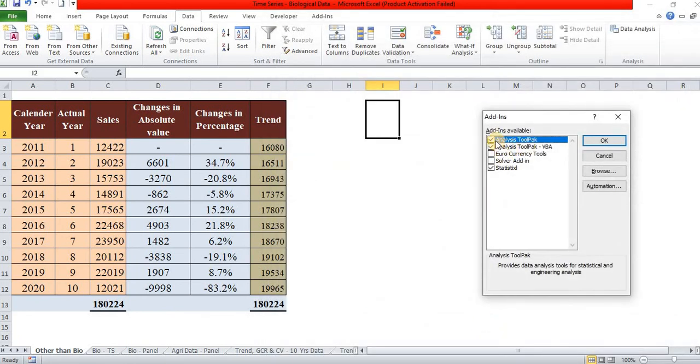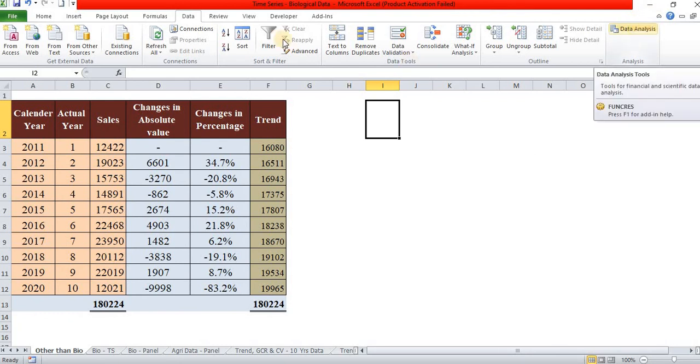Now you click the Analysis ToolPak. Click this and click OK. Automatically this tab will come under the Data tab.